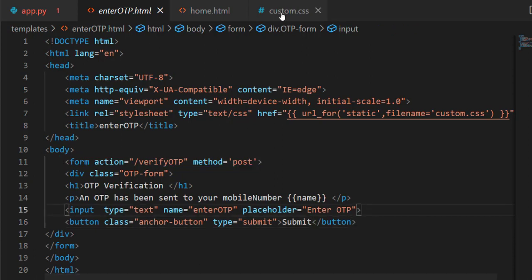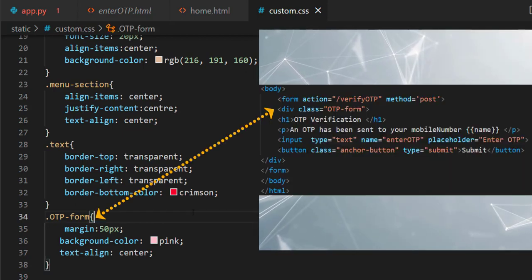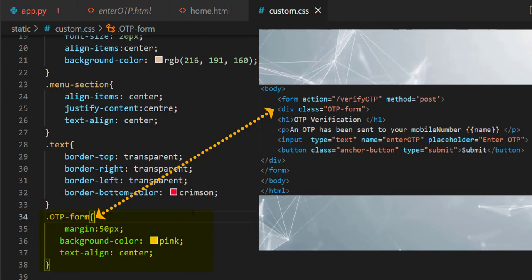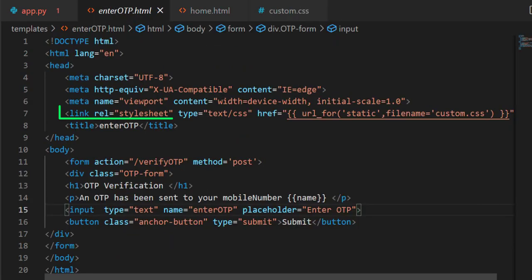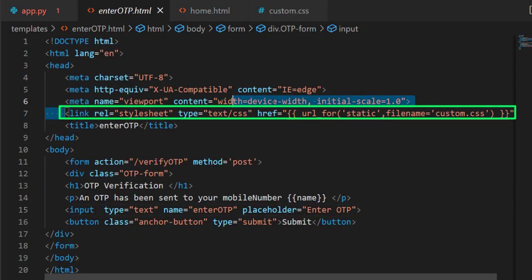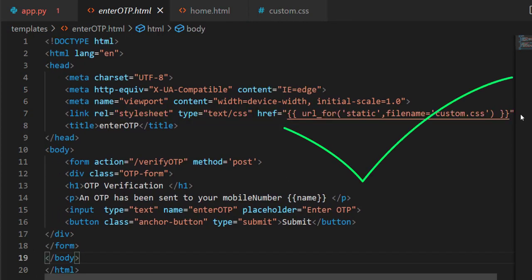So next we'll go to custom.css file. For OTP-form class, selected options margin as 50 px, background color pink and aligned text in center. This custom.css file is linked to enter OTP.html file by taking link tag. So now enter OTP.html page is ready.